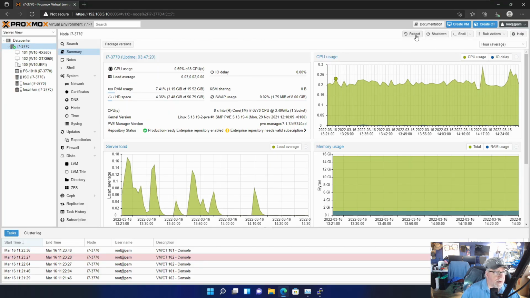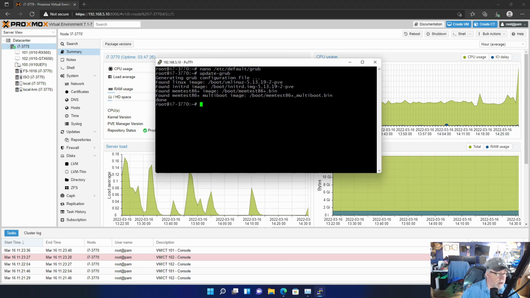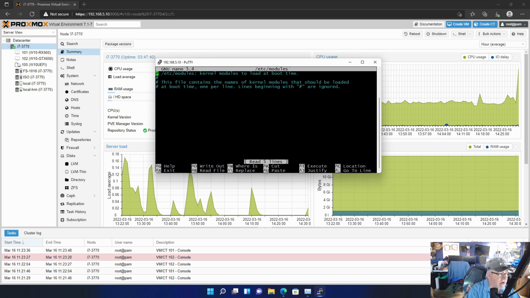Yeah, we'll go ahead and reboot this. Well, let's go ahead and do our other commands as well. We might as well, right? Yeah, let's do our other commands. So I'm going to edit. I'm going to nano into /etc, and we're going to go into the modules file, and we're going to add some modules. We're going to add